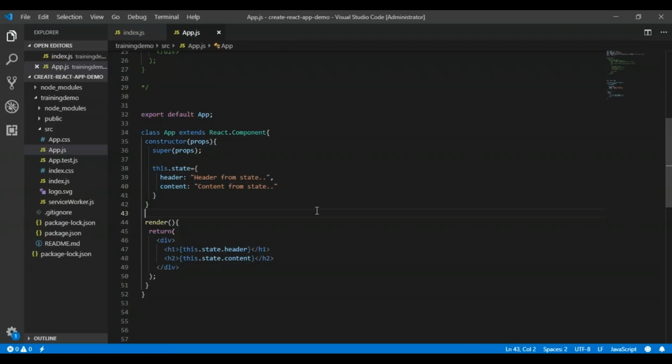Now let's move to another example where we can see how you can use state and props in one single example. It's not always the case that you have to use only state. It's not necessary. You can use state and props together also. So we can extend this example. I have a return statement over here where I'm writing, let's say, two more subcomponents.